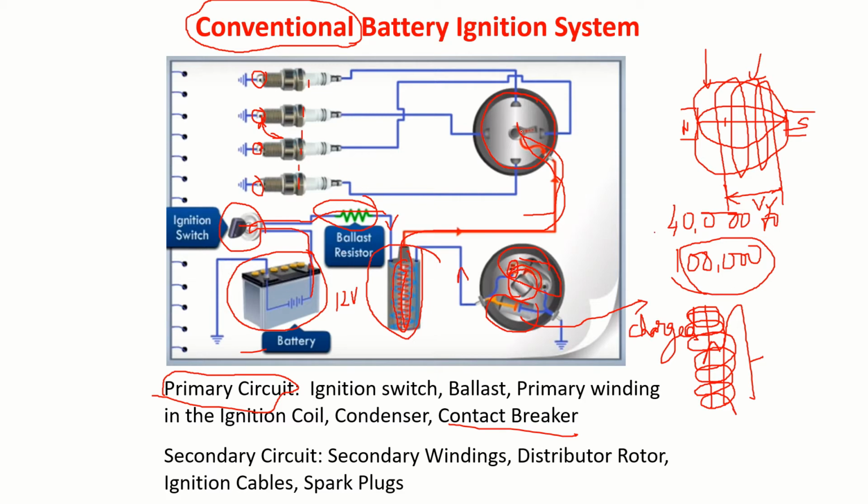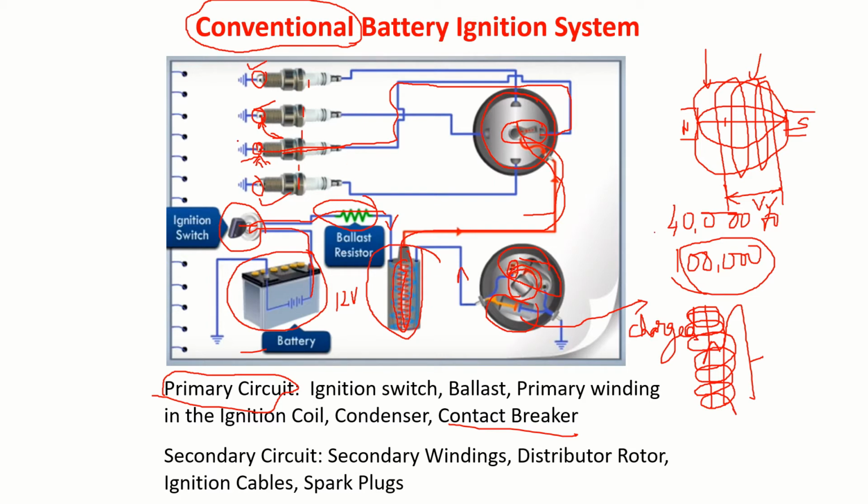This is what we call the distributor. This is the rotor of the distributor. Suppose the distributor rotor makes a contact with this, then that voltage flows to that electrode, that spark plug. So this is the positive electrode, then there is a negative electrode. When this high voltage tries to jump across this, a spark will be produced. Next, as it is rotating, it makes a contact here, then this gets fired. Then this gets fired like this.